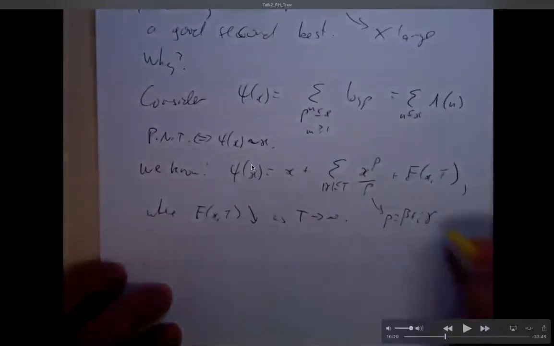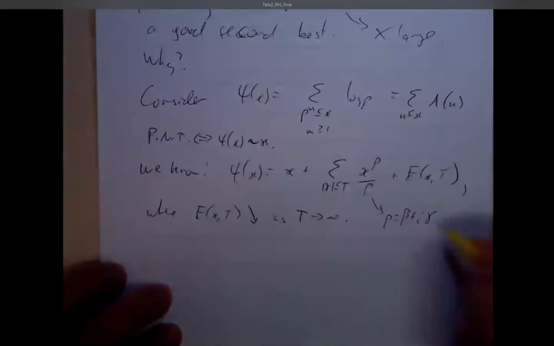So how do I interpret this? Psi of x goes like x. Well, it's a very small error term that we don't worry about. And this is the interesting thing here. This is a sum over x to the rho over rho, where rho is the zeros, beta plus i gamma. Now, I don't sum over all the zeros, otherwise the sum doesn't converge. So I sum up to some large height, some large T. These gammas go up to T, between minus T and T, but it doesn't really matter. It goes up to height T.